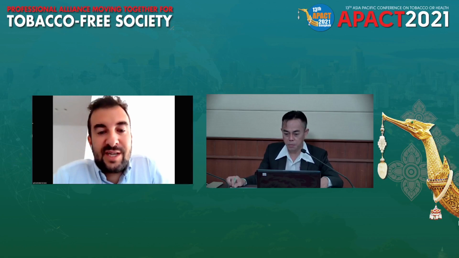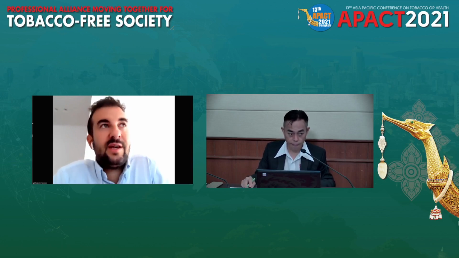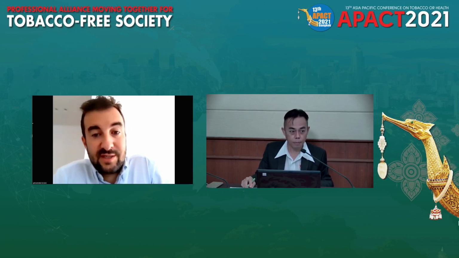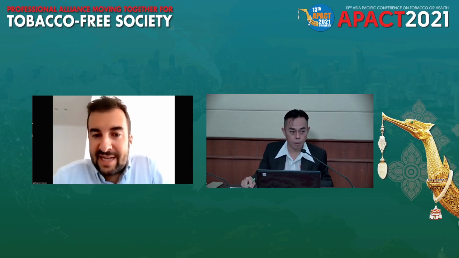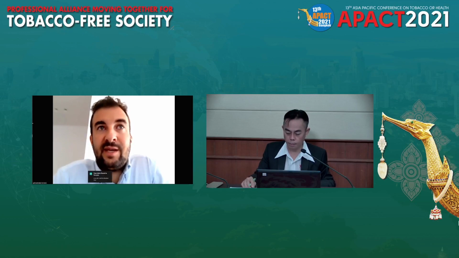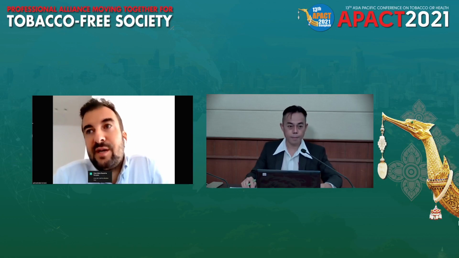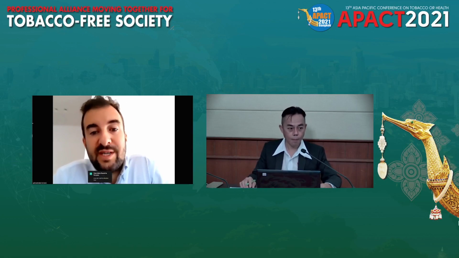But how if we couldn't get the latest data for GATS? Well, usually you can obtain data if you request it from those who have collected it. For instance, in the US, there are a lot of studies, NHANES and other population-based studies that are on the internet. And globally, for GATS and GYTS, you can identify data. It may not be the most recent, but it may be identifiable by reaching out to those who are organizing